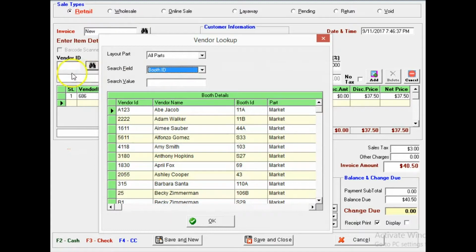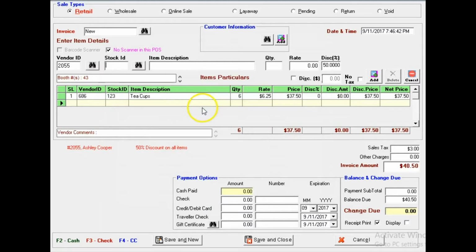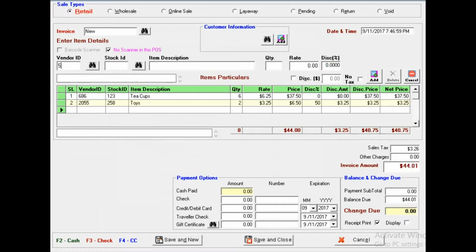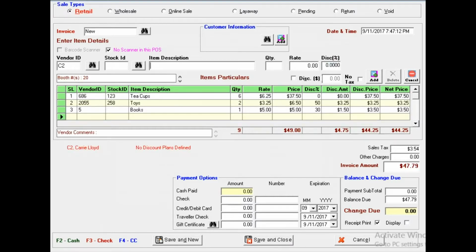You can repeat the same step over and over again to add multiple items in the grid below. Enter the vendor ID. The stock ID or the item number is not mandatory in the system. It's purely optional. Once you have entered all the items in the grid below, at the bottom there's a separate box